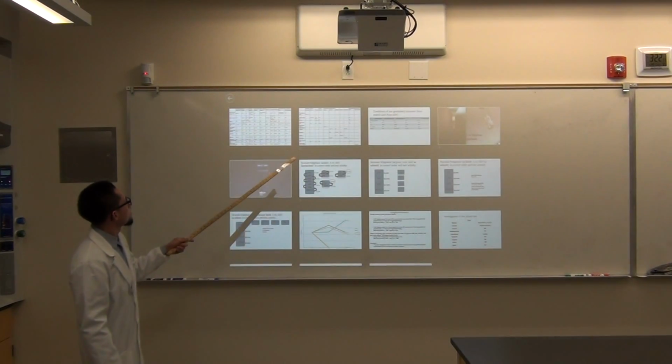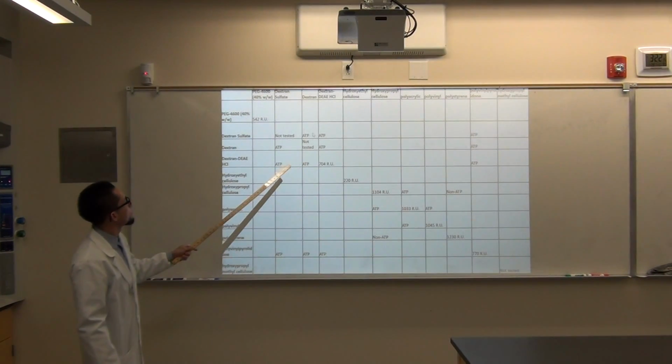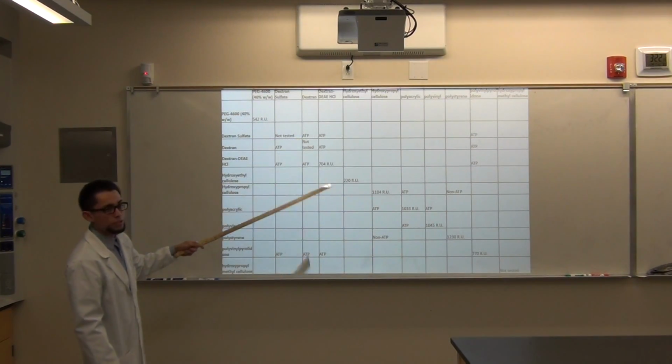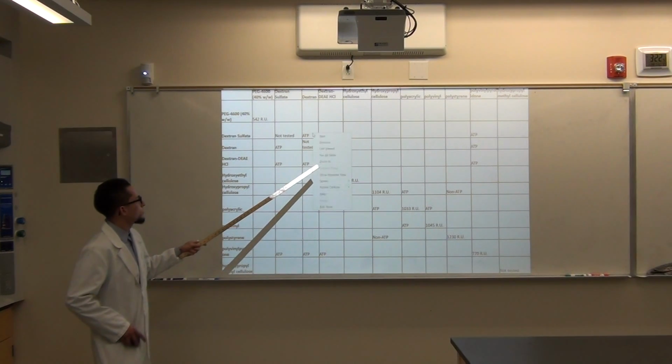And this is our next matrix here with tris as a solvent. And the reason why we use tris as a solvent is because a lot of times in the previous slide,